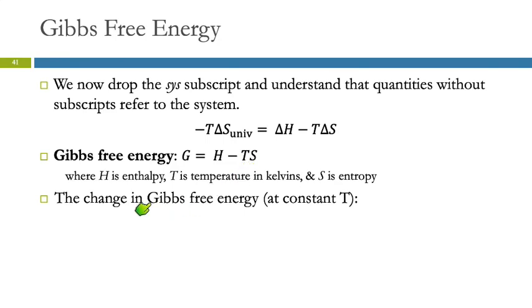So if we look at the change in Gibbs free energy at constant T, we would have H final minus TS final minus H initial minus TS initial, or delta H